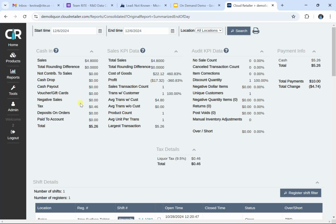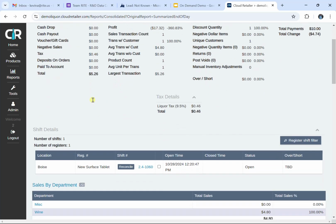For those of us who came from the cash register era, we basically got about something like this first column on our Z reports. But Cloud Retailer just goes above and beyond even what other liquor store specific POS systems on the market offer. I was just on site with a couple of new customers that switched from Empower. One is on Spirits. I think they call it Spirits 2000. Just amazing how much more Cloud Retailer offers when it comes to drilling in to the nitty gritty financial details,